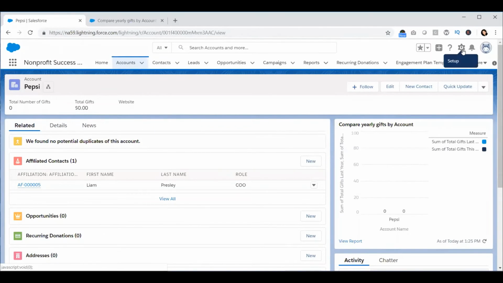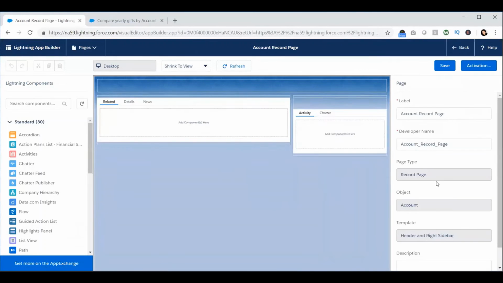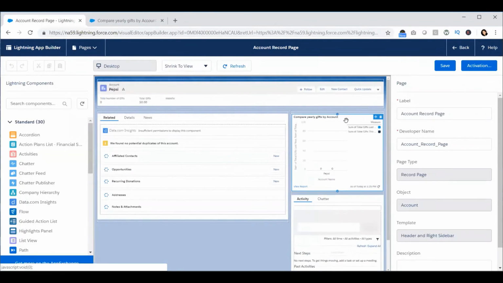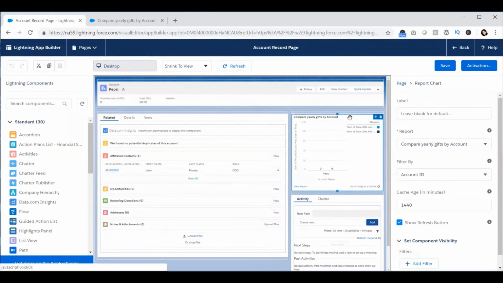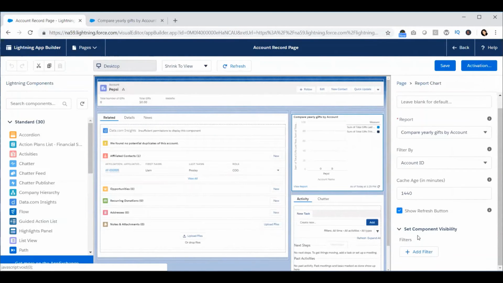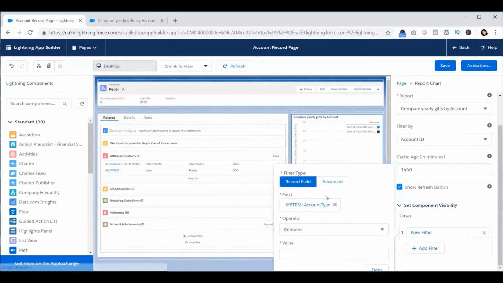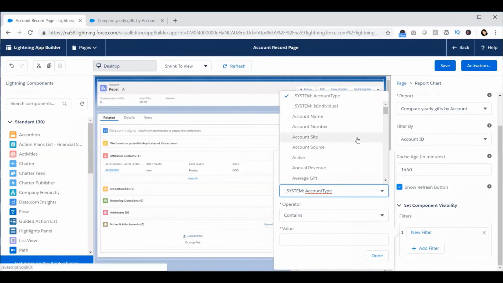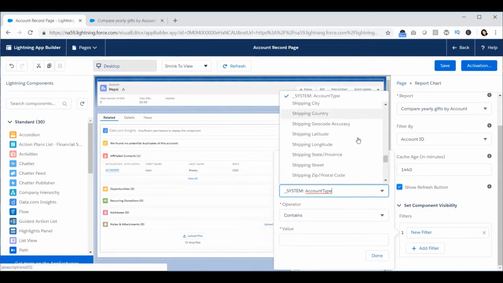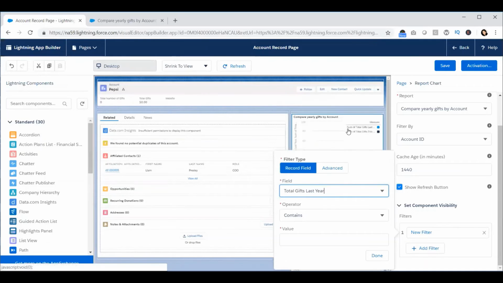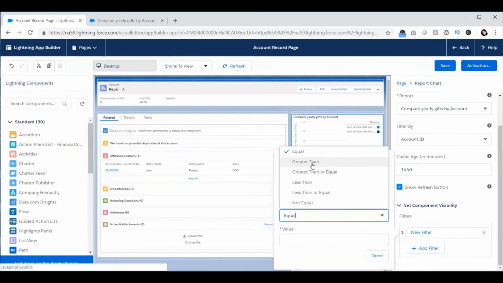And how we do this is, again, we go into Setup and Edit Page. And we want to go back to the report chart component. And we want to add component visibility filters. And those are right here. And what we want to say is only show this component if the total gifts from last year. So I'm going to scroll down and look for my field. Total gifts last year is greater than 0,